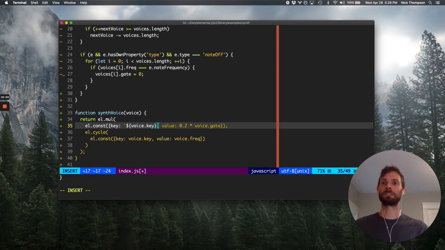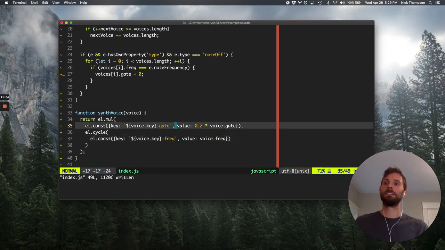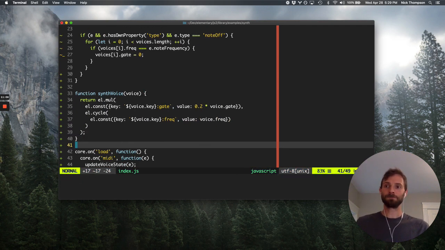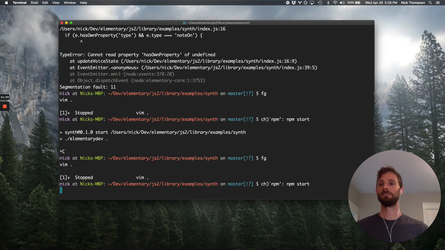So I'm going to just basically tack on a little bit of extra unique identifying stuff. Okay, so if I do this, now during that next render pass, Elementary will be able to say oh, the thing that you're asking me to do is basically exactly the same as the last one, so I just need to update these constant values. And if we run this,